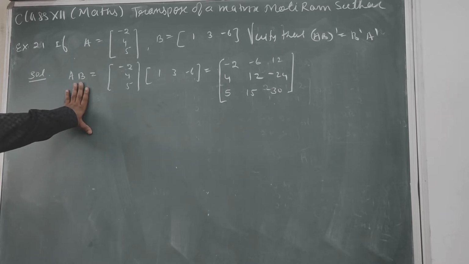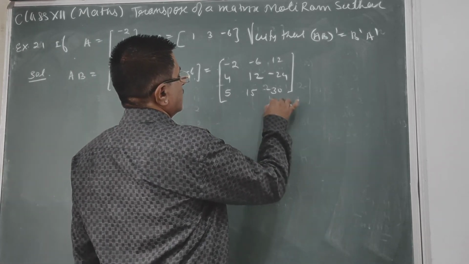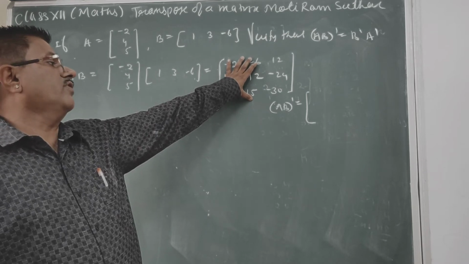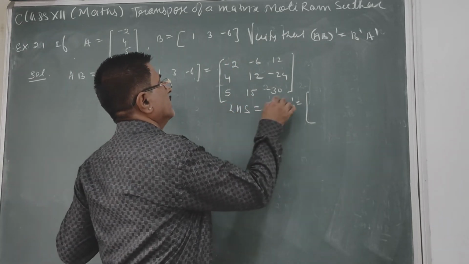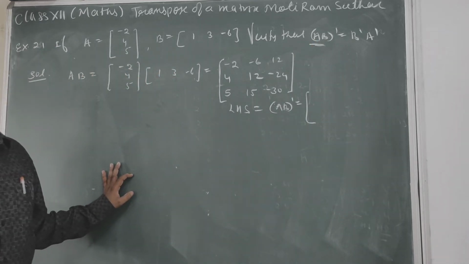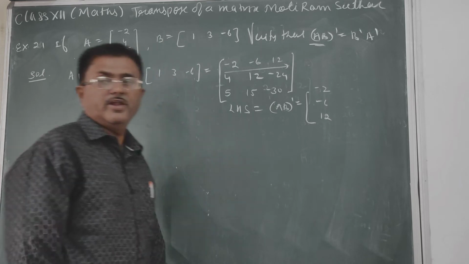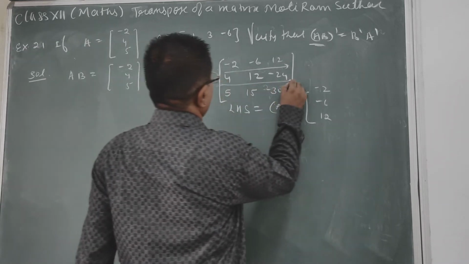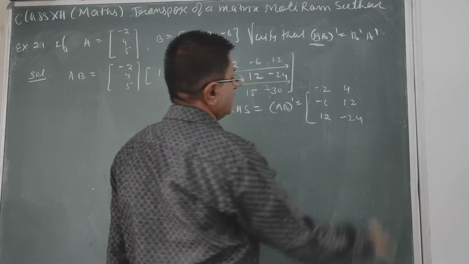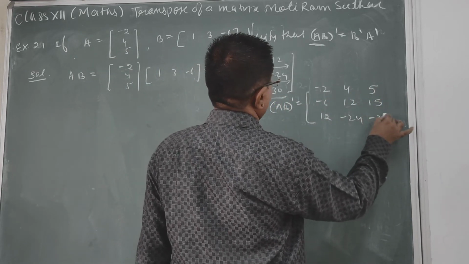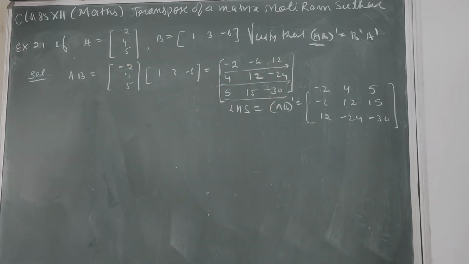Now we have to find the transpose of AB. So transpose of AB यानी प्रोडक्ट मैट्रिक्स। तो इस मैट्रिक्स का ट्रांसपोज निकालना, that's why we have to find the left hand of this transpose of the product matrix AB। तो इनके रो और कॉलम चेंज करके फर्स्ट रो चेंज इनटू फर्स्ट कॉलम, मैंने फर्स्ट रो को फर्स्ट कॉलम लिख दिया, देन सेकंड रो 4 12 -24, थर्ड रो 5 15 -30। So this is the left hand side matrix, ठीक है। Now we take the right hand side, that is B transpose A transpose.